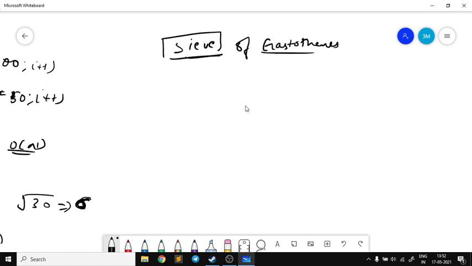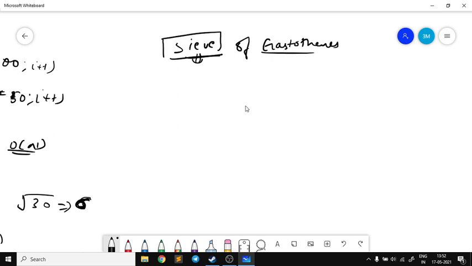So what is the main idea behind sieve? What does sieve basically mean? Sieve means to separate out something and to get a final, reduced answer.